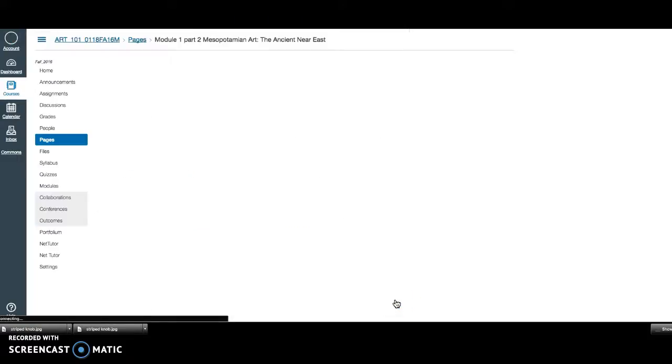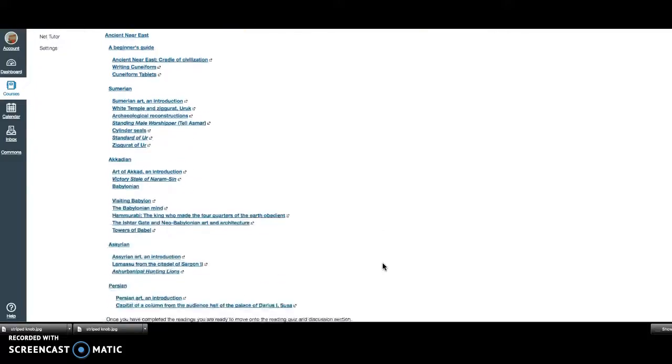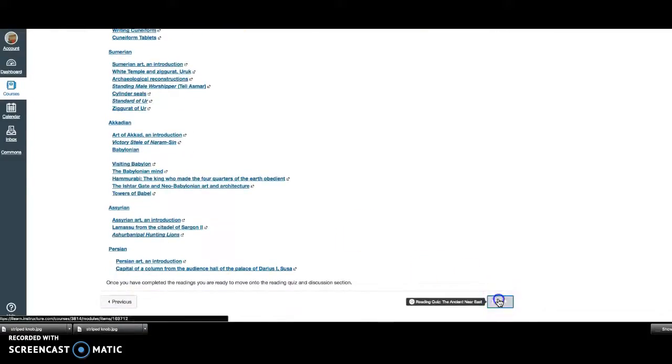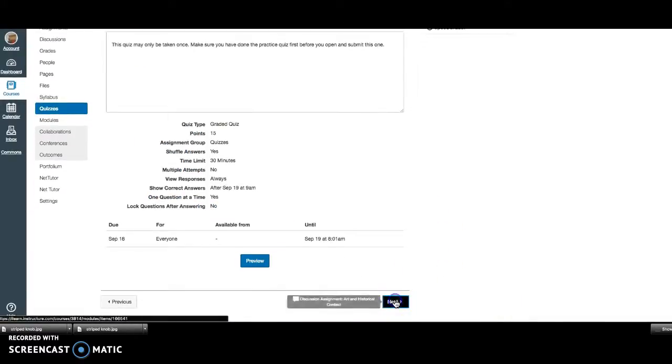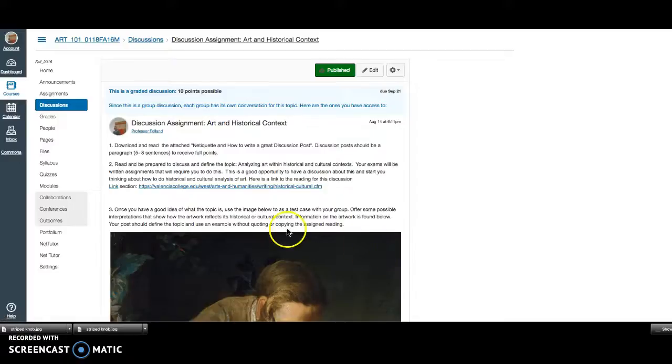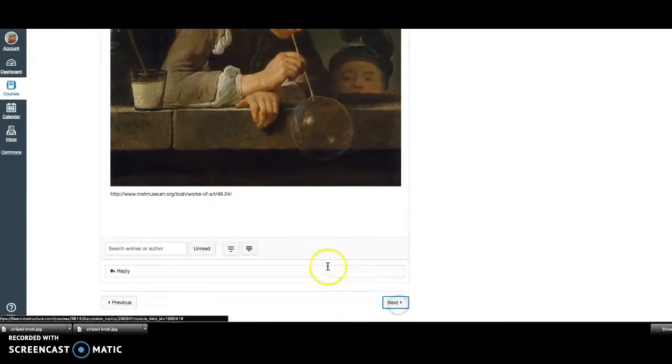When you finish with that, you click Next, and you come to the second part of this first module, which goes on to the next section, which is the Ancient Near East. Readings are here again, quizzes here, and this repeats for each module. Another discussion assignment, as you can see. This repeats for the first module